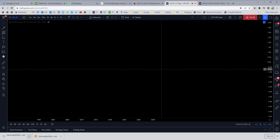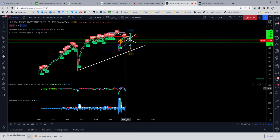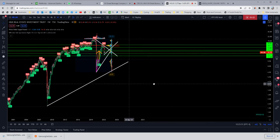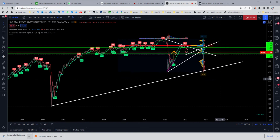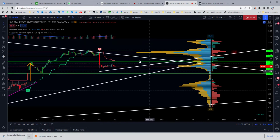I just went dark. What the heck just happened? Oh, I clicked on the indicator instead of the price. Okay, sorry about that. So we're going to zoom in again, and we're going to look at the true colors